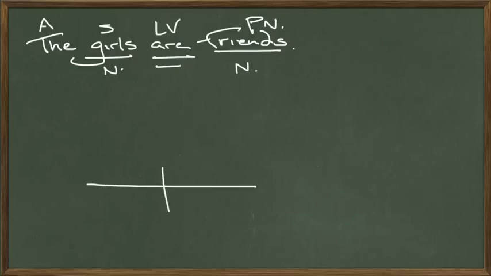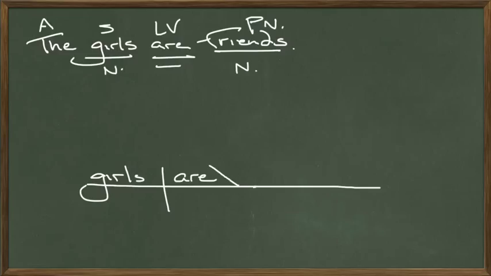So we always start with a straight line and divide it. And on the subject side we have girls. Girls what? On the verb side we have, well, the verb are. Girls are. And then we have the word friends. Friends is a predicate nominative, and a predicate nominative and a predicate adjective go on the main line after a